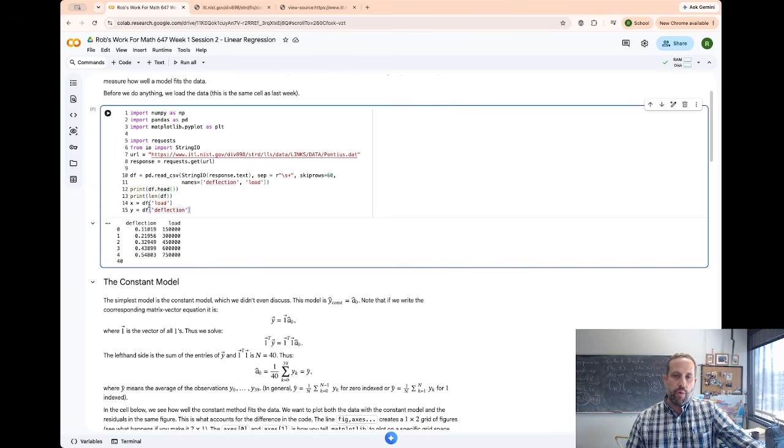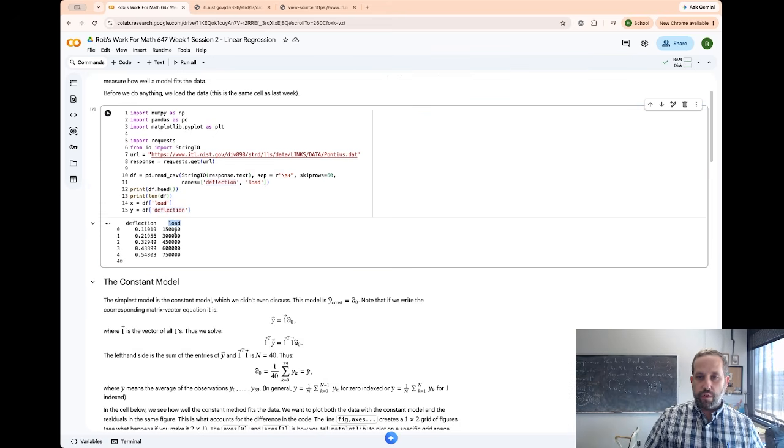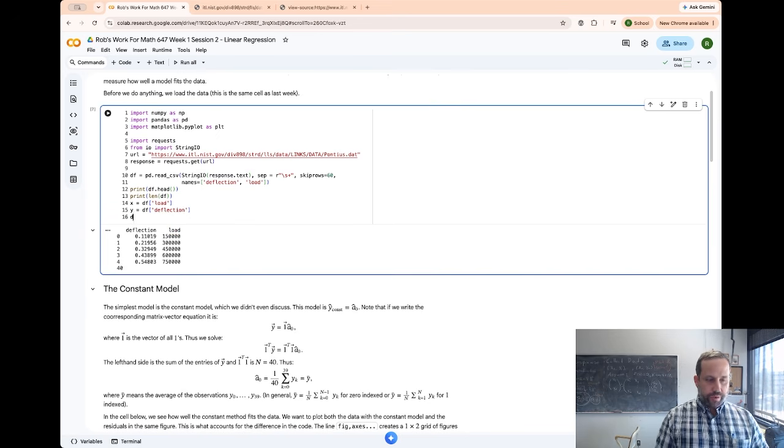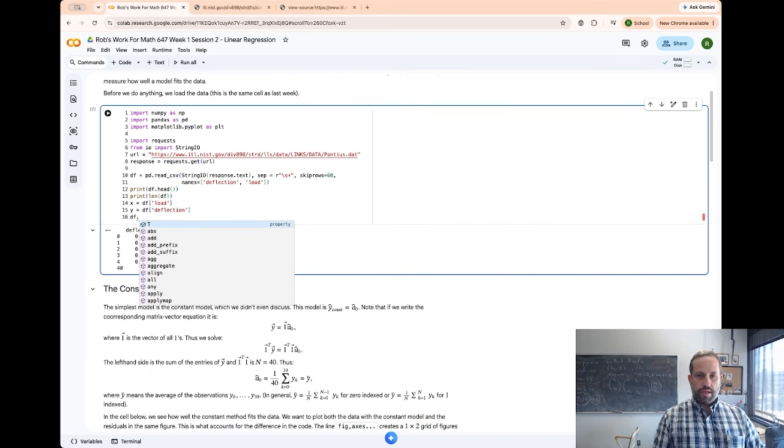at, I want x to be the column of this data frame here. That is the load column. So for example, I want the load column to be this column right here, and I want the deflection column to be that column right there. Well, in the data frame, the load column is called load, and the deflection column is called deflection. Indeed, I can do df dot